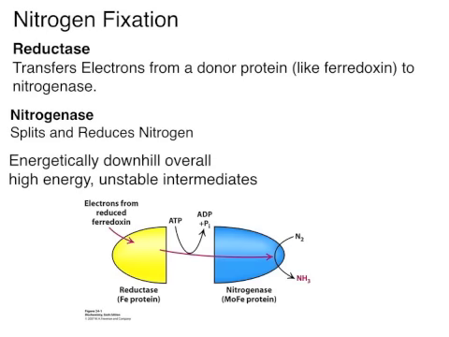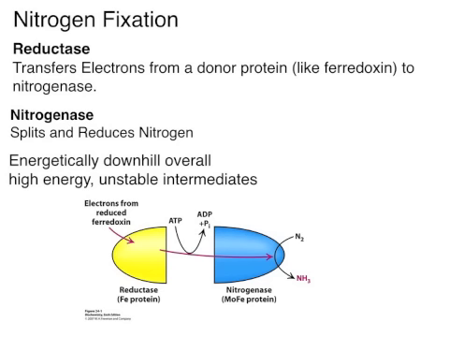This enzyme complex contains 2 halves, a reductase and a nitrogenase. The reductase transfers electrons from a donor protein, like ferredoxin, to nitrogenase, and the nitrogenase splits and reduces the nitrogen. Now, the passing of these electrons actually requires that the 2 halves of this complex come together, and this is accomplished through the hydrolysis of ATP. ATP hydrolysis causes a conformational change that brings these 2 halves together so that the electrons can be passed from